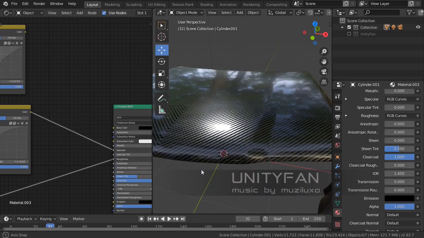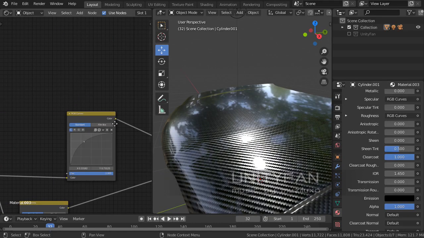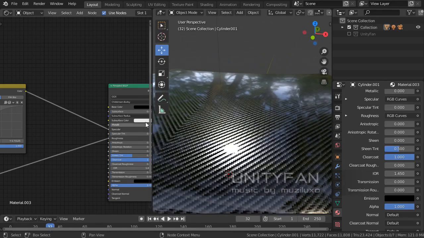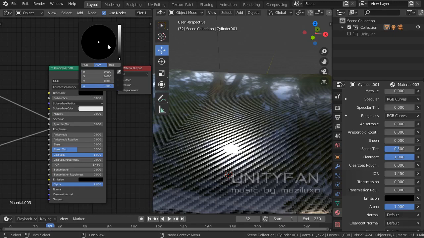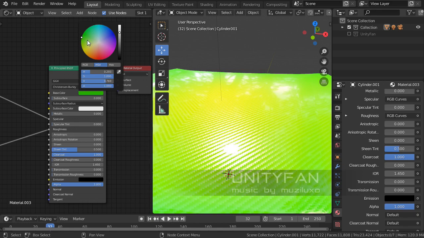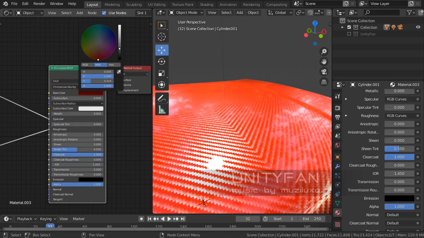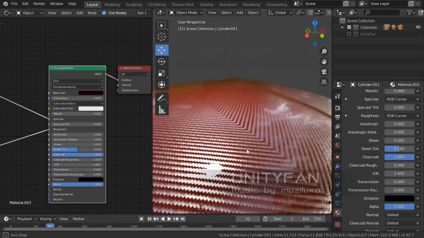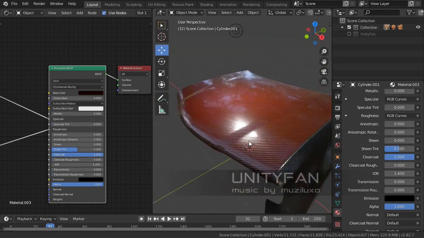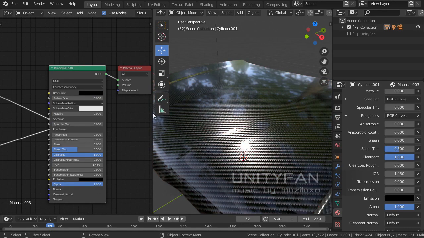I think we don't even need the base color. We can actually even now make a different color carbon fiber, like this. Let's make it green or red. But we needed just black. So